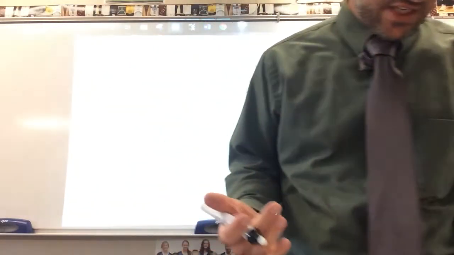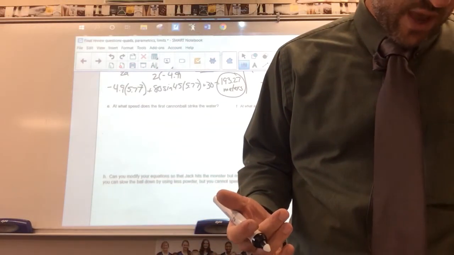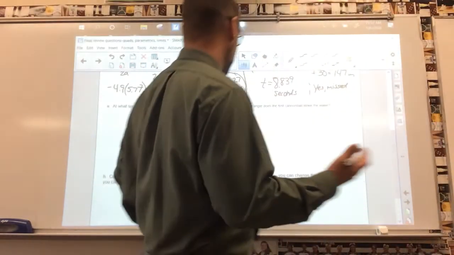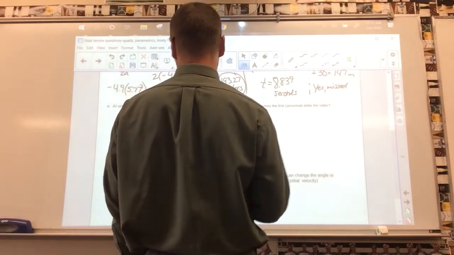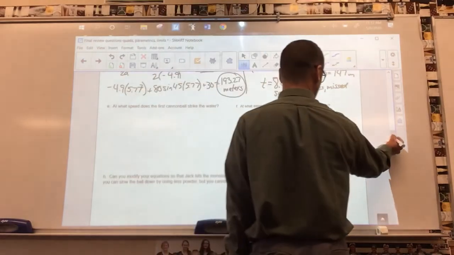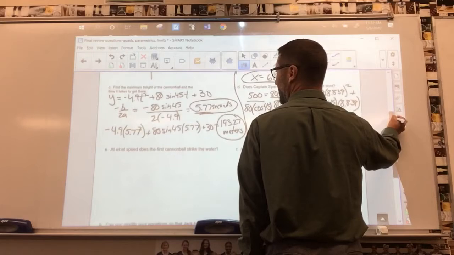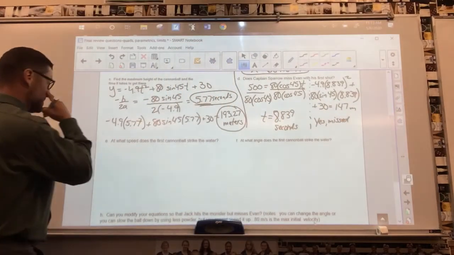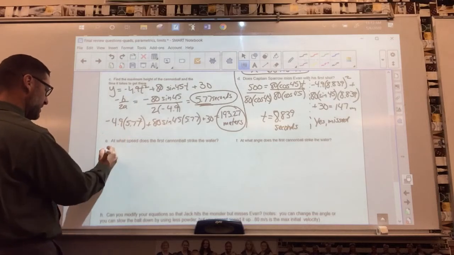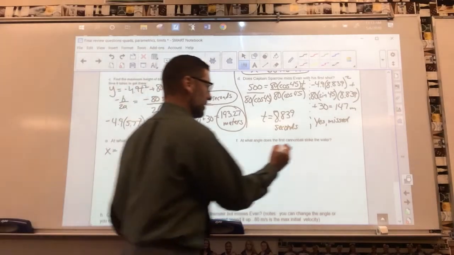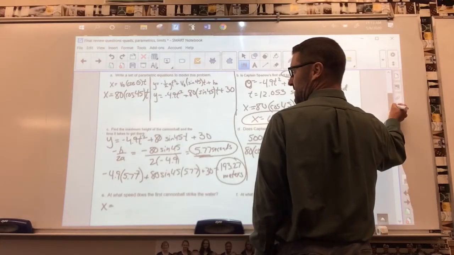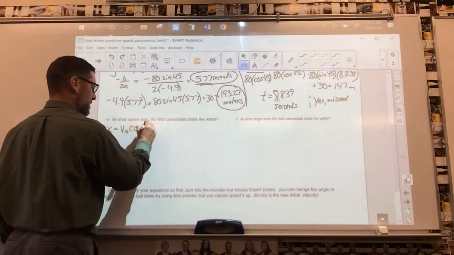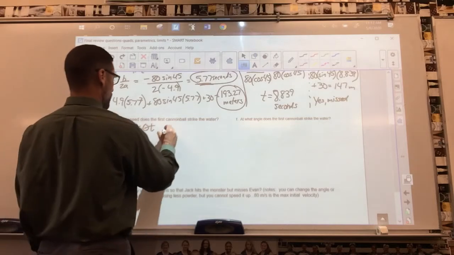So the first thing that we need to do is find the derivative of these things. I'm going to show you a shortcut to the derivative here. This is the first time I've shown you this. You might have noticed there's an equation that x equals v sub 0 cosine theta t, and the other one was